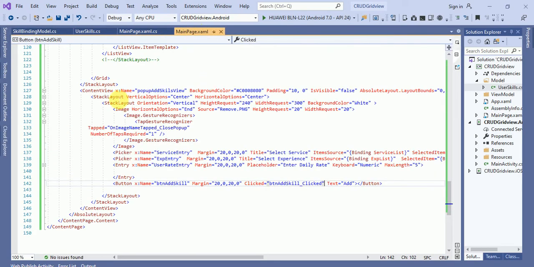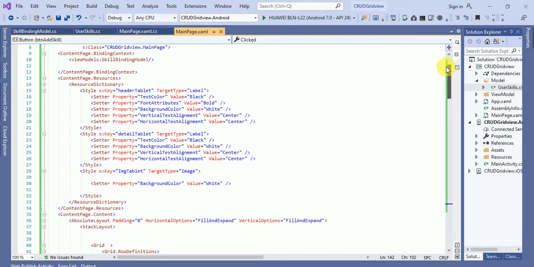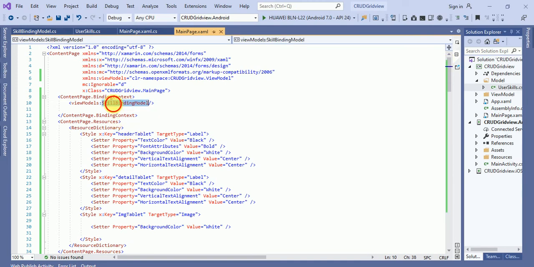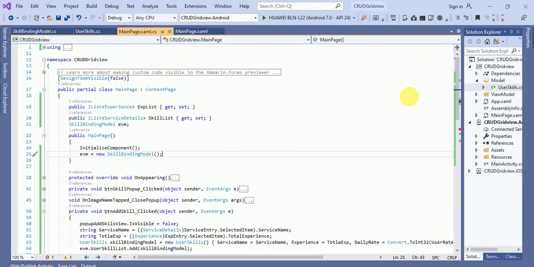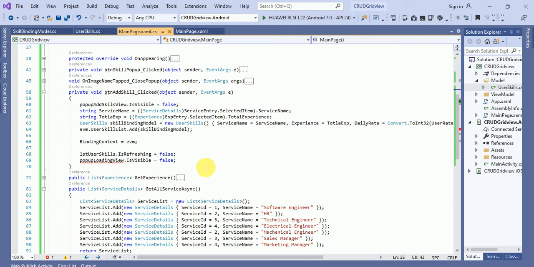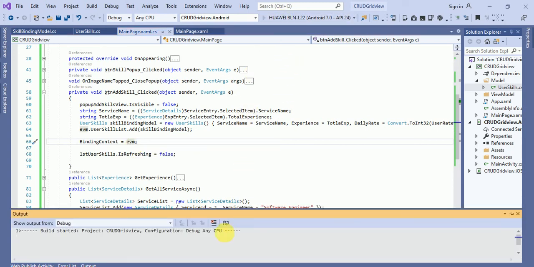Okay, so here you can see the skill binding model. So this is the model view model kind of binding. Fine. So here in this object we are getting the selected data, and in this user skill list the selected item will be added, and we are again binding our grid view using this EVM. Okay, again run this application and see the output.